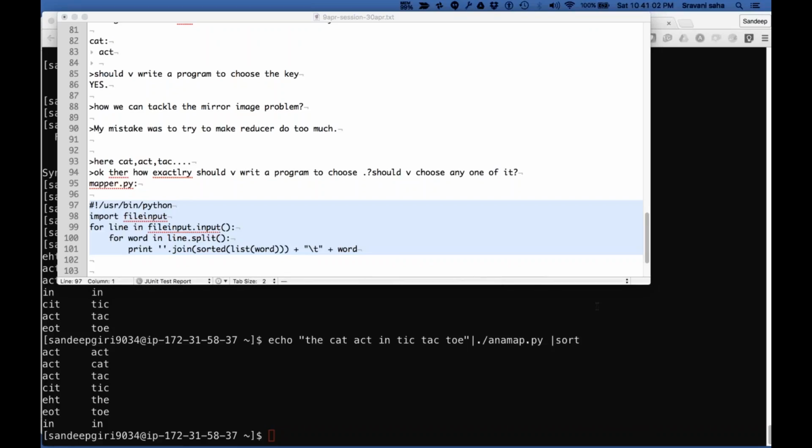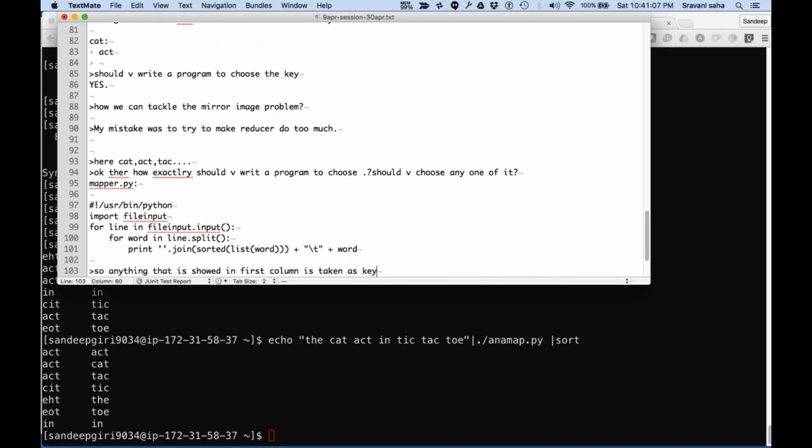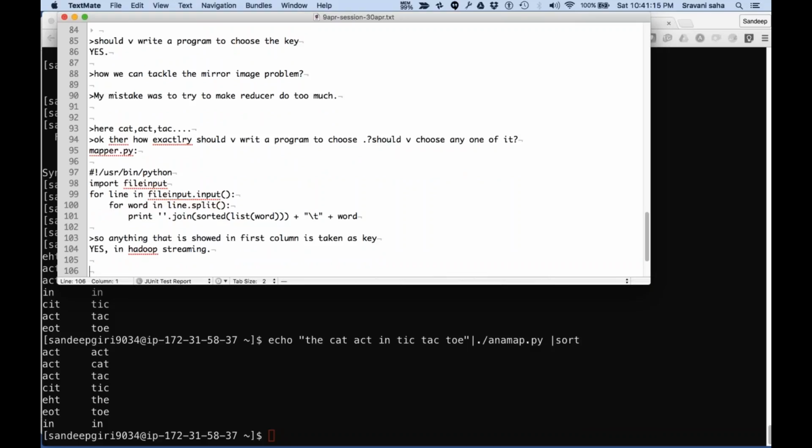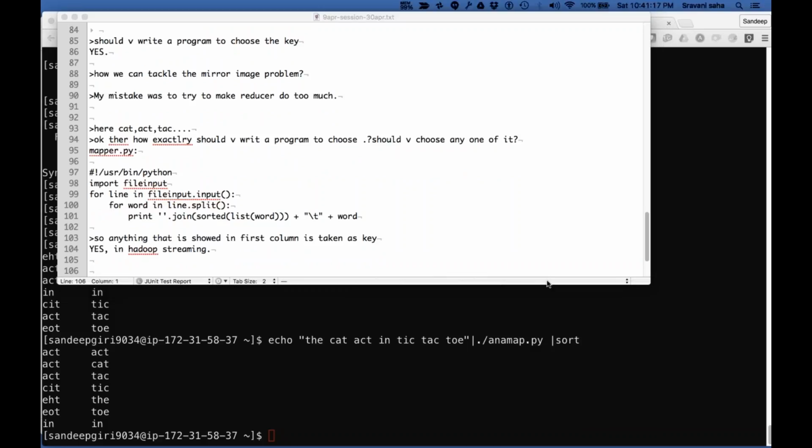Yes. So anything that is shown as the first column will be taken as the key. Yes, in Hadoop streaming. We'll go into the details of the typical Java kind of streaming, but